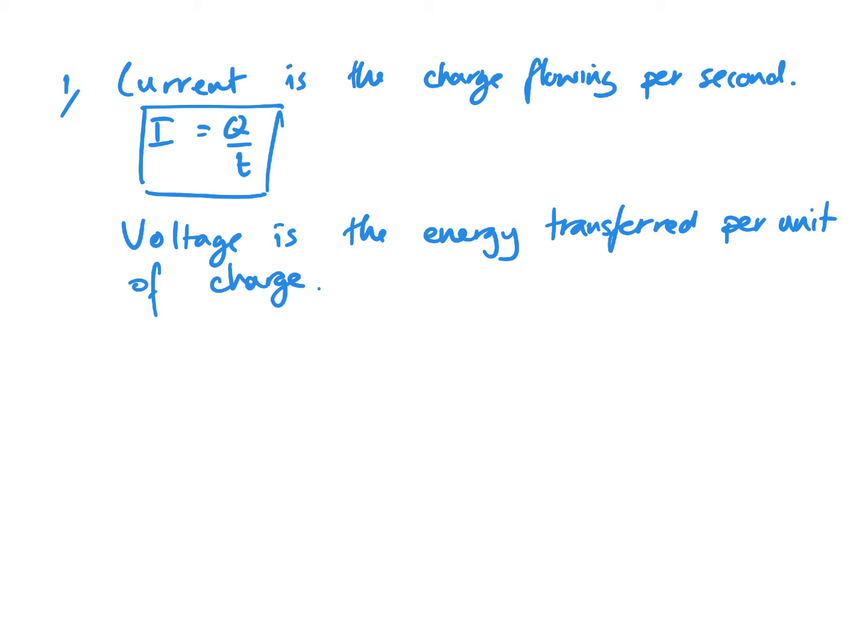Or in equation terms, V equals W over Q, even if that's written as W equals QV, or even EW equals QV. But often we refer to a supply of voltage